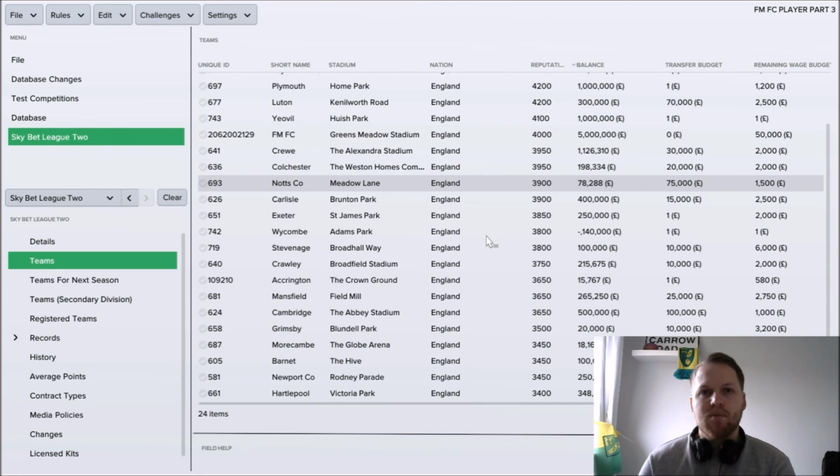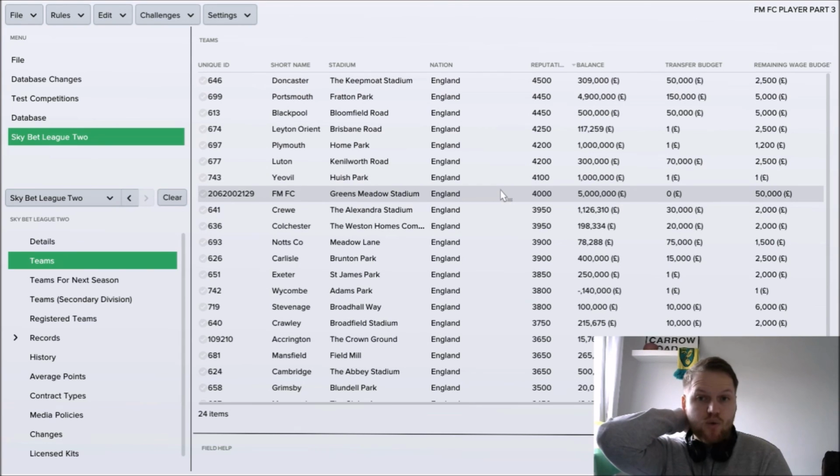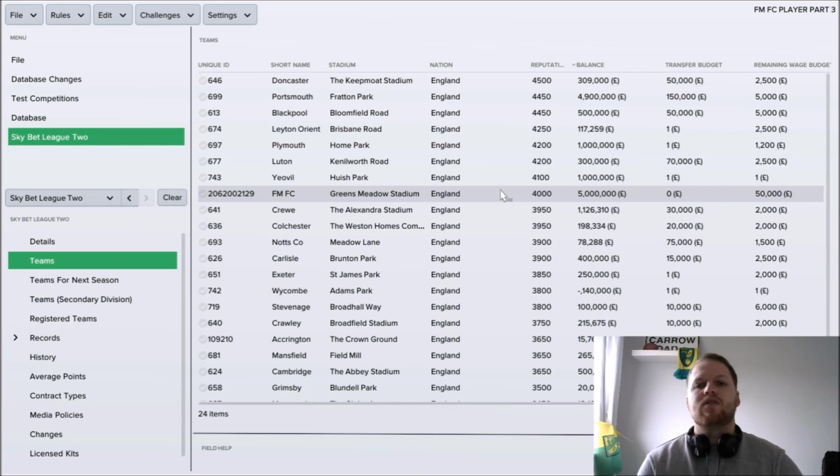I can't remember who I removed from League 2, but I've got rid of 18. And in terms of our reputation, you can see, set at 4,000, so by no means are we the most reputable team in this division, but we're not the lowest either. I've put us at 4,000, so we've got the facility to still maintain the players that we've got at the club at the moment,